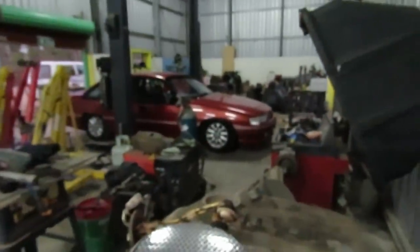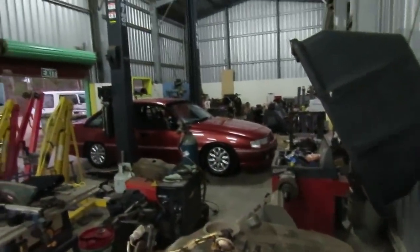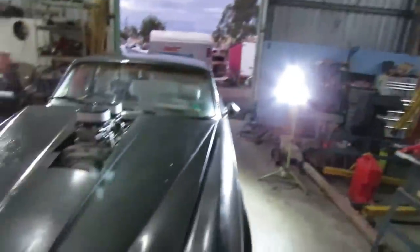Yeah, I got heaps to do, and I'm really starting to regret saying I was taking 2 cars to this car show. All right, so this is where we're at. The SS is absolutely beautiful. She's pretty well ready to go. Okay, so there's no issue there. Whereas this thing,